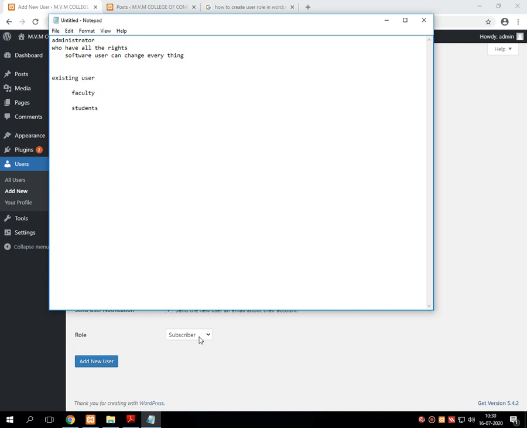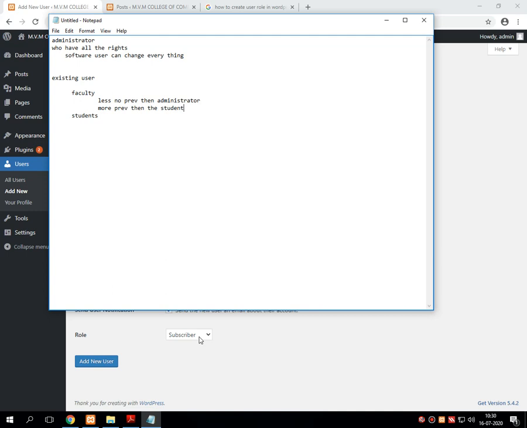Faculty have fewer privileges than the administrator, but they have more privileges than the subscribers called students. The administrator can handle faculty as well as students, but faculty cannot handle the privileges of the administrator.